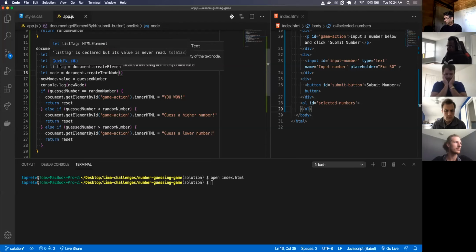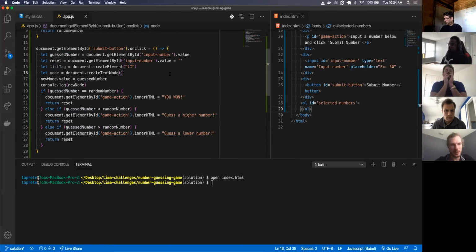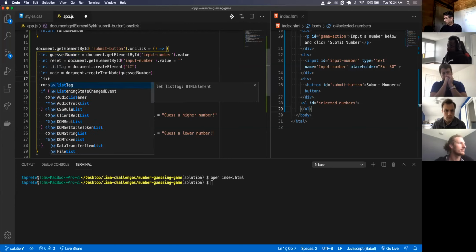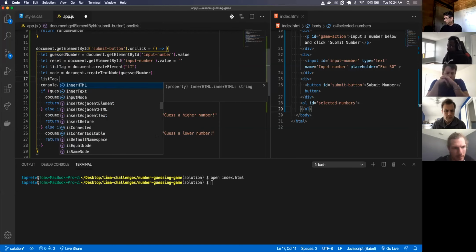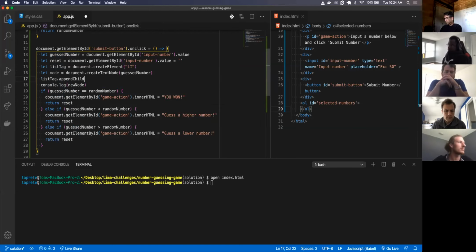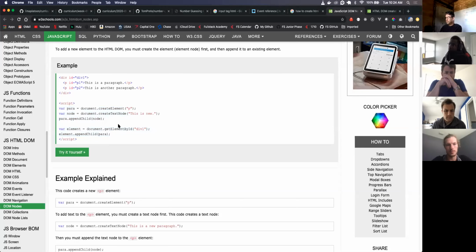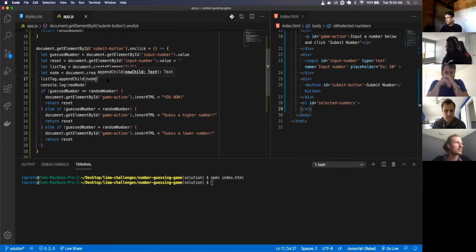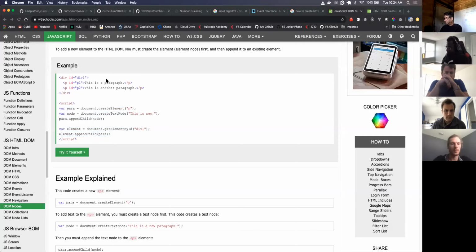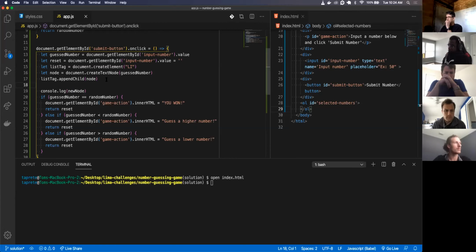Then I can pass in this guest number, and then I can say list tag dot appendChild node, and then I can grab let ordered